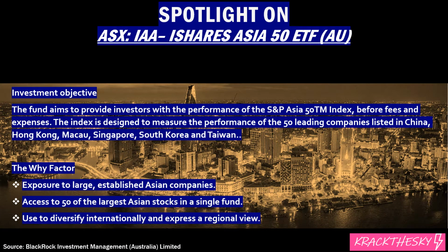Okay, let's have a look at the iShares Asia 50 ETF. The fund aims to provide investors with a performance of the S&P Asia 50 index before all the fees and expenses. The index is designed to measure the performance of the 50 leading companies listed in China, Hong Kong, Macau, Singapore, South Korea and Taiwan. The index consists of 50 leading blue chip companies that are drawn from the 4 major Asian markets, which you just mentioned. The index is a float adjusted market capitalization weighted index, so including only the largest, most liquid equity securities domiciled in the 4